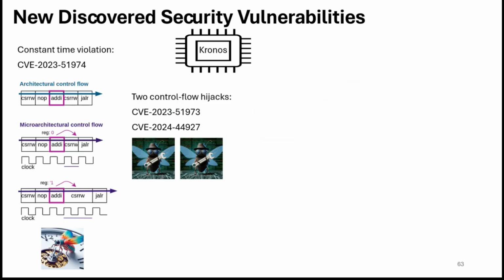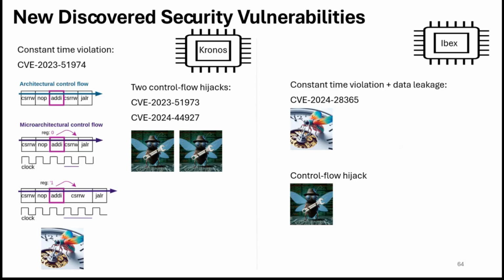For example, this running example that I had since the beginning was a timing side channel that we found on the Kronos CPU. Similarly, there was a control flow hijack. In both cases, it was possible that the immediate of the add was taken as a CSR address, and then by the decoding, something weird happened, and the operand value of the add ended up in some CSR register, like performance counter, like exception program counter.